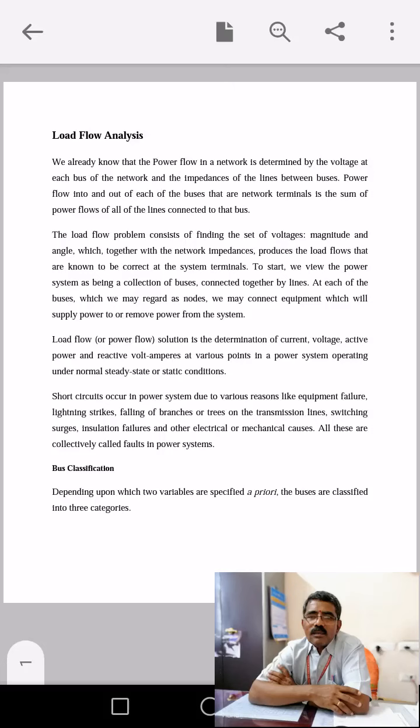Good morning, students. In today's class, I am going to share with you the complete load flow analysis of Gauss-Seidel and also Newton-Raphson methods for your preparation. And in this class, particularly, we will be going through the Newton-Raphson method. But before that, let me quickly show all the slides as a sort of review.